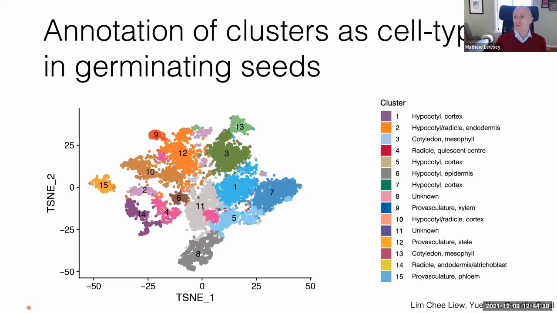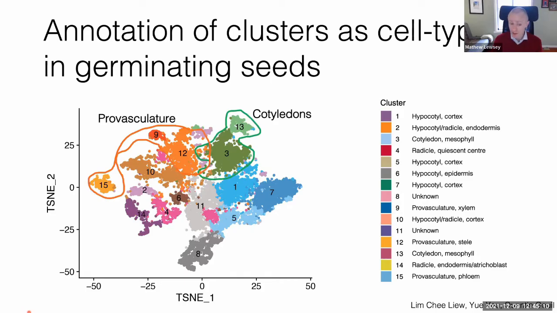And so we ended up with something that looks like this. This t-SNE plot shows all of our cells from all of our replicates and all of our time points, so 12, 24, 48 hours. And we were able to annotate pretty much all but 2 of the 15 clusters on this plot. We can annotate them broadly to organs and actually, in most cases, annotate them down to cell types as well. And so what we found was a nice cluster of cotyledon-specific cells. We found a nice cluster of the provasculature cells,